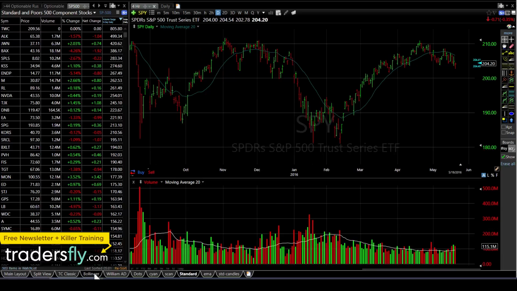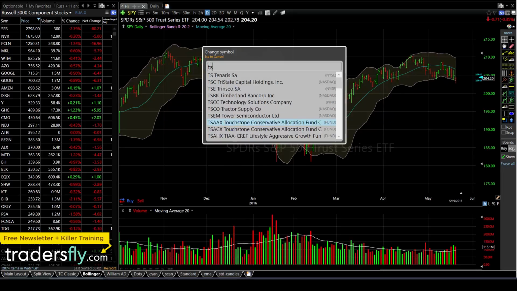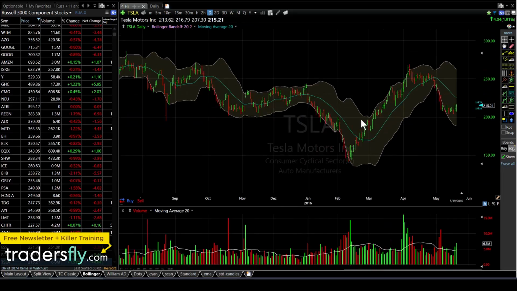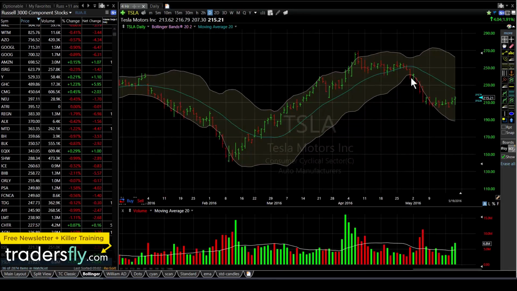But this is what these types of indicators do, they give you insight, but people use them without really understanding the whole core, the foundation behind it. They use them and they make trade decisions off of it. So when we look at a stock like Tesla, you can see that over here, this Bollinger Band would tell you that we're too far extended. And then you would think, okay, we're going to snap back.